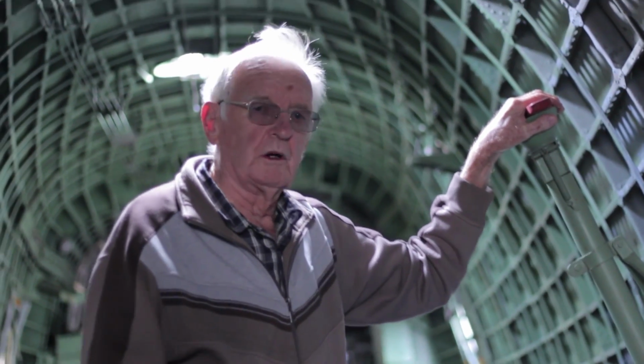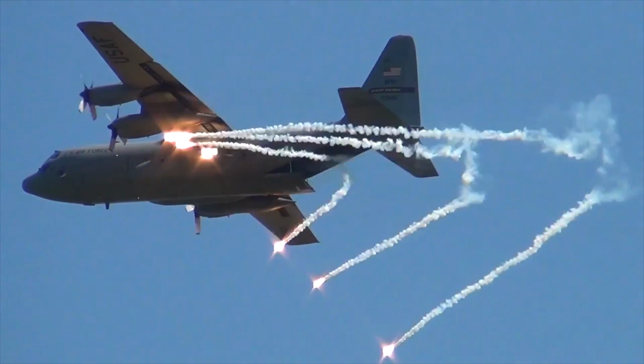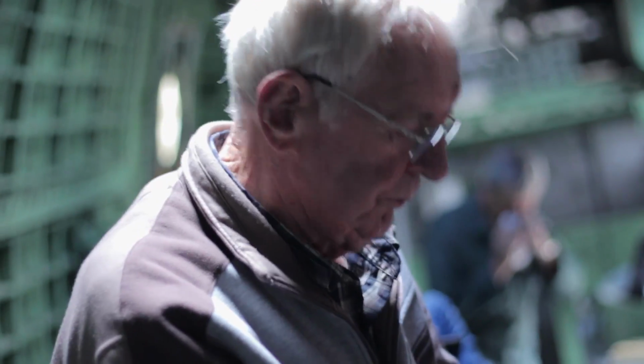Your main purpose was, of course, to destroy enemy submarines. And this, you had these flares that ignited as they left the hull of the aircraft, and you put them down, and you had a box of them here, and you'd keep on pushing them down as long as they were required. The standard attack from an enemy aircraft is to come from the rear